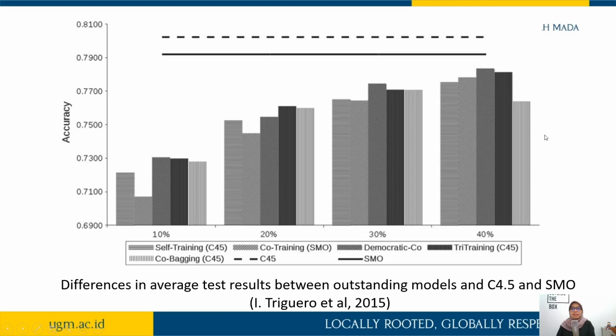So we can see here that when labeled data is not available, or not much labeled data is available, we can use semi-supervised learning, and the performance is quite close to supervised learning,